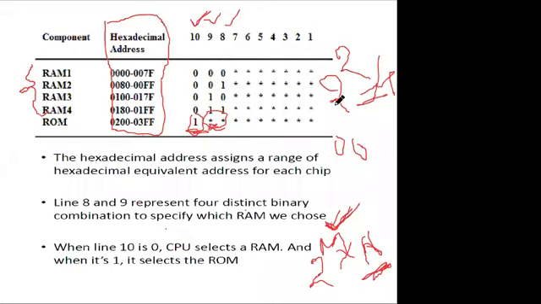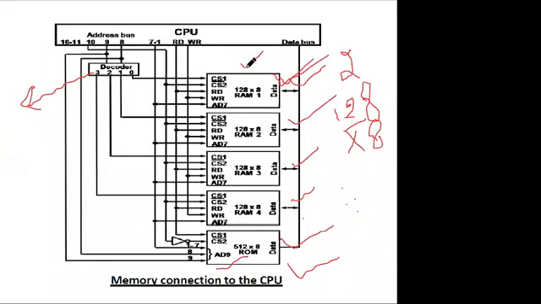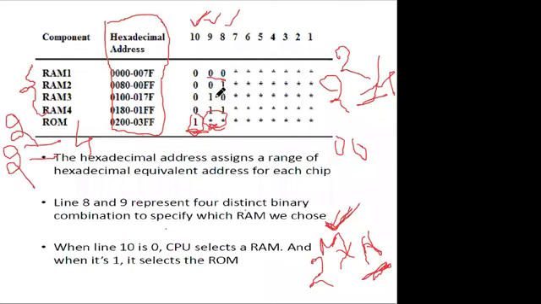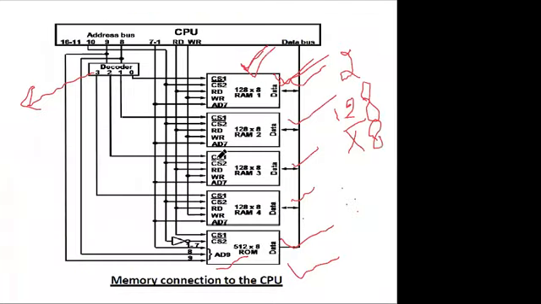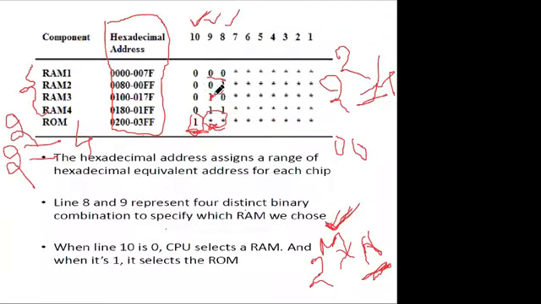Since we have 4 RAMs, 4 RAMs can be represented by 2 raised to the power 2, so 4 different bit combinations can address 4 RAMs in this circuitry. Whenever it is the 0 0 combination, it means the processor is asking for RAM number 1 to operate. If we have the 0 1 combination, then the processor is asking for RAM 2 to operate. Then we have 1 0 for the third RAM and 1 1 for the fourth RAM.